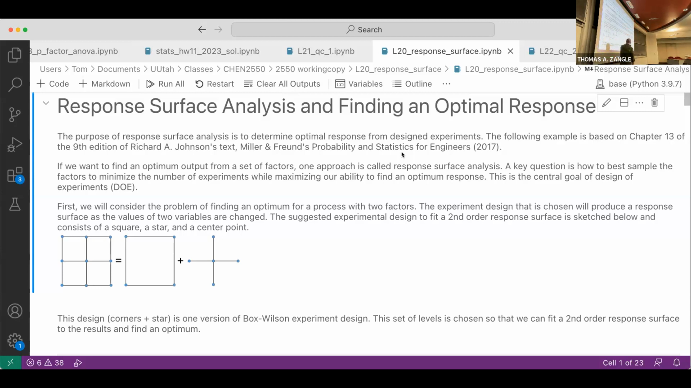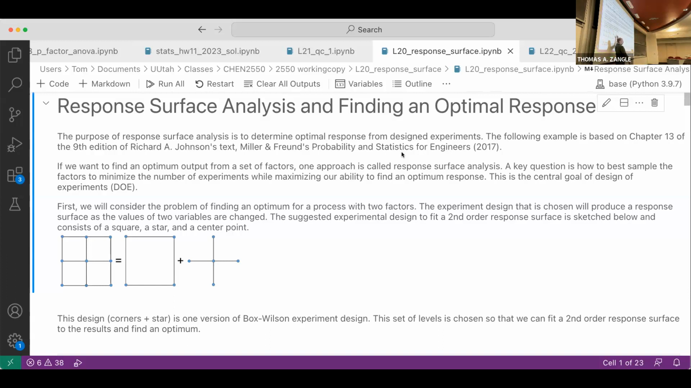So the suggested experiment design when we want to try to find an optimum is not just the corners, right? Remember, from just looking at the corners of the space, we were able to estimate effect size. That was in the previous lecture. But if we now want to try to fit a response surface to our resulting data and figure out what kind of shape the response looks like, where the optimum might be within this region, we need more points. One suggested experiment design for this, called Box-Wilson experiment design, is to take our square